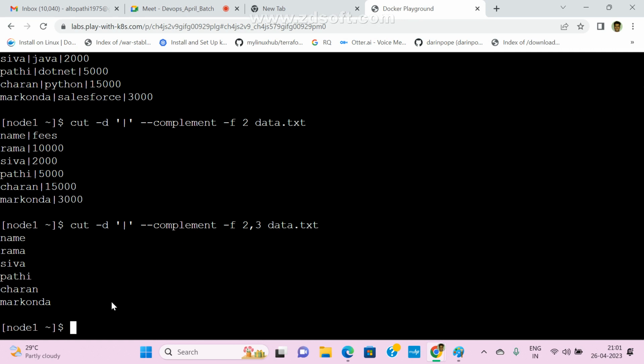What is -d? This is the delimiter. Right now I am using the pipe symbol. Sometimes we use a semicolon or comma, and in that case we can pass that. We can pass anything based on which delimiter we want to split the data. So when we want to split the data, mostly we use the cut command.